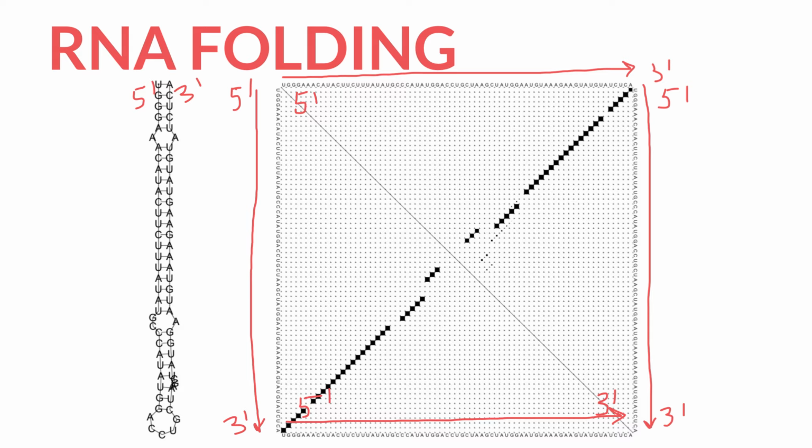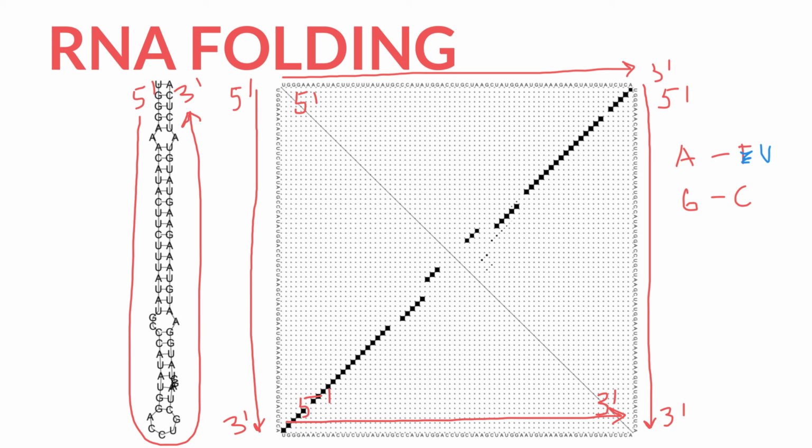In double-stranded DNA, we know that adenine base pairs with thymine and guanine base pairs with cytosine. But because we have RNA here, not DNA, instead of thymine we are going to have uracil. So adenine base pairs with uracil and guanine with cytosine. And instead of double-stranded DNA, we have here single-stranded RNA, which is going to fold on itself. Any RNA has a beginning and has an end. Every run of dots here